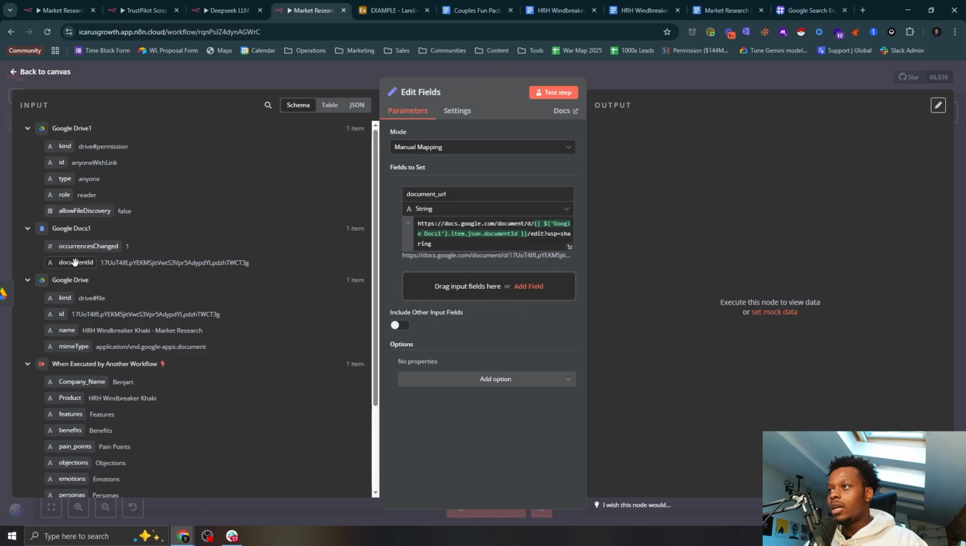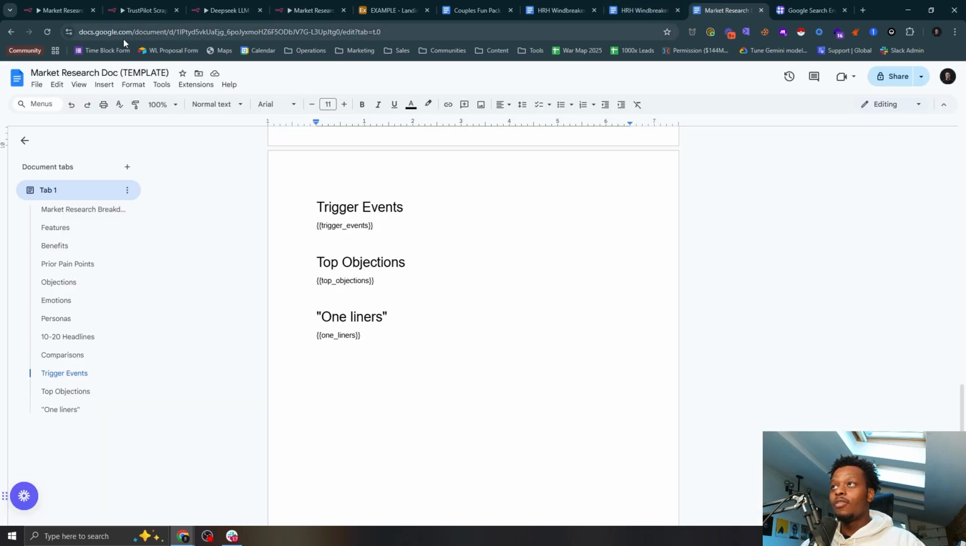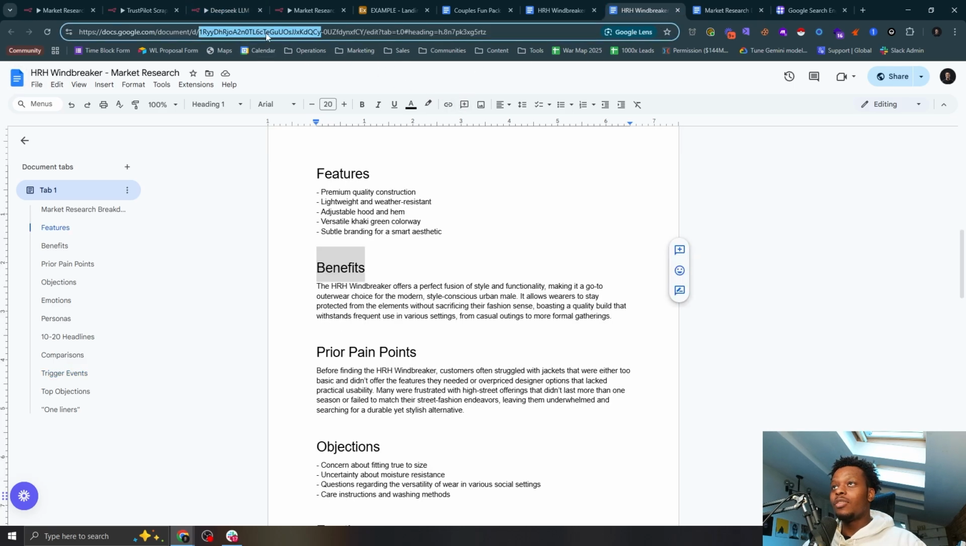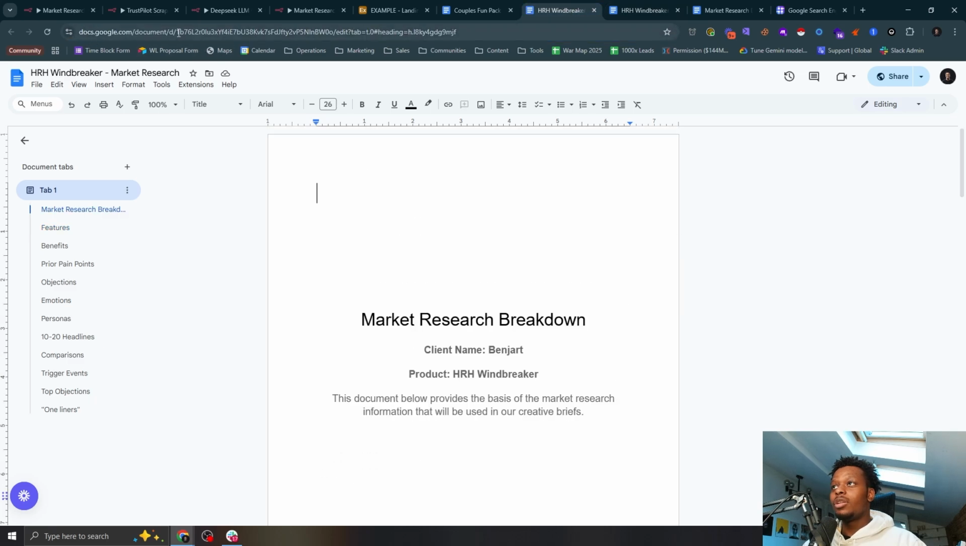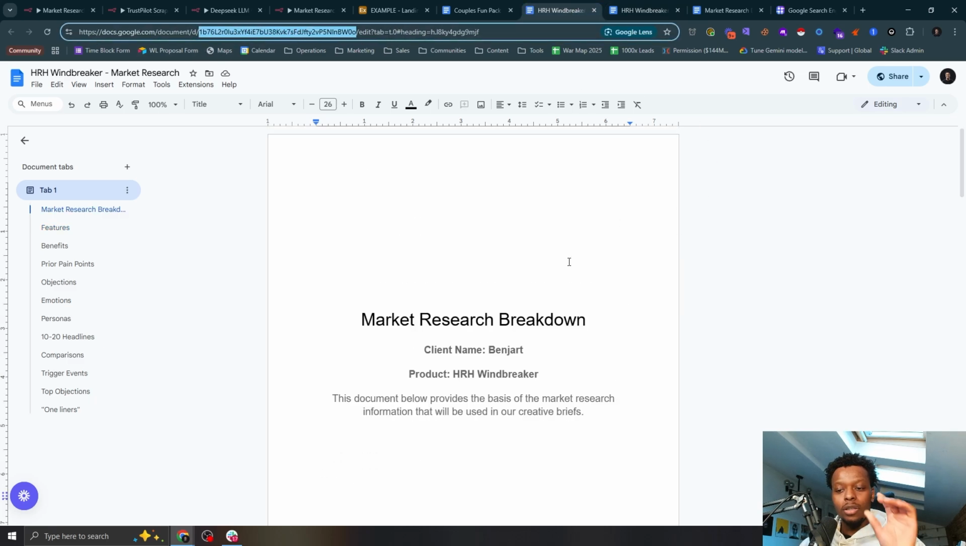right here, document ID. So every single Google document link follows this URL naming system. It's https://docs.google.com/document/d/this string here, right here, /edit?tab=t.0. This is a document ID, and every single document has a different one, as you can see here. Now, that information is basically what we need to dynamically augment inside of our field so that we can share